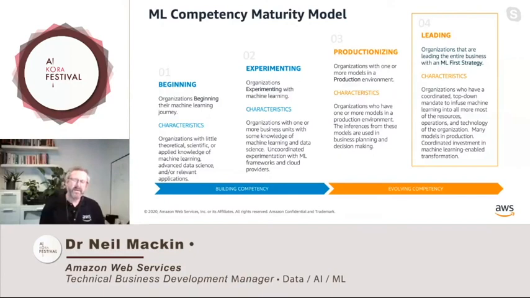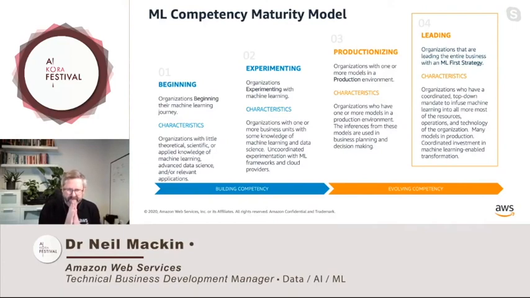It's still true, however, that few have really moved into leading, where machine learning is a fundamental strategy of how they run the business. And they have a coordinated approach right from the chief exec down the top level, governing it properly, stewarding the data to get the most out of the asset, and asking every area how could they get business machine learning to infuse that business. There's a few at the right, but I think the winners will be the ones who actually get to the right quickest. Interesting to ask, what do you need to do to get to the right?